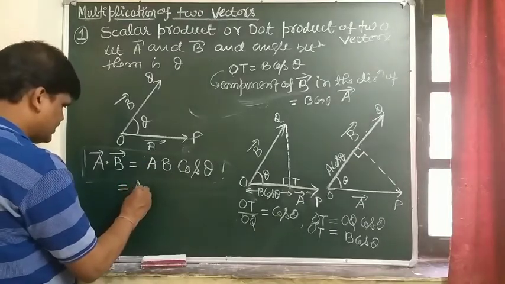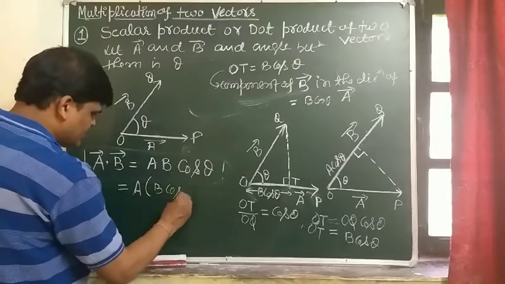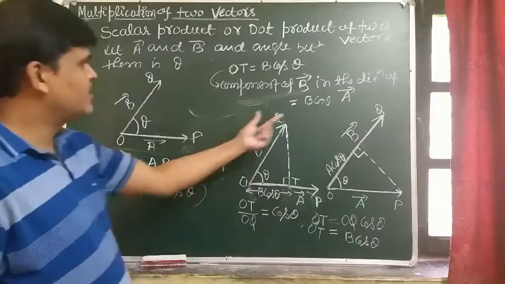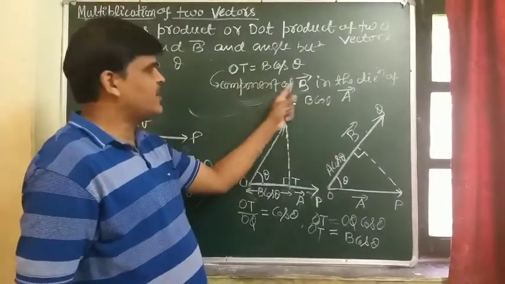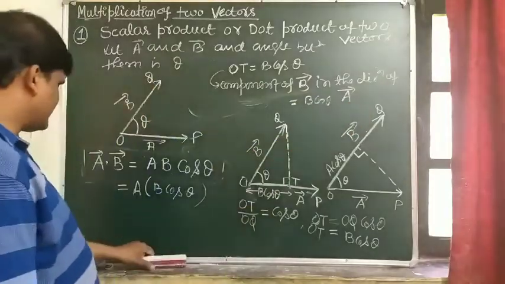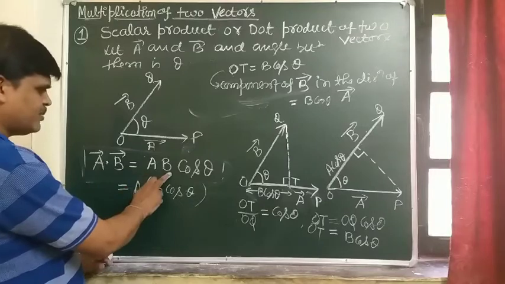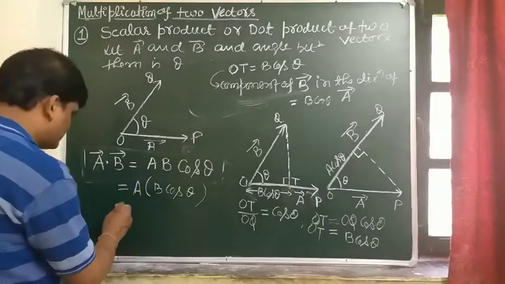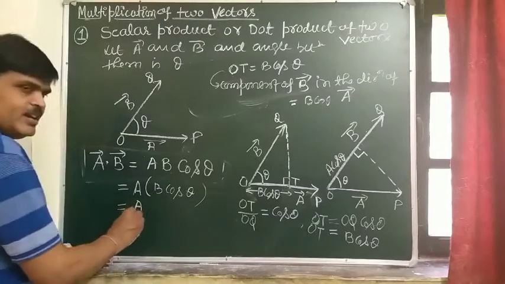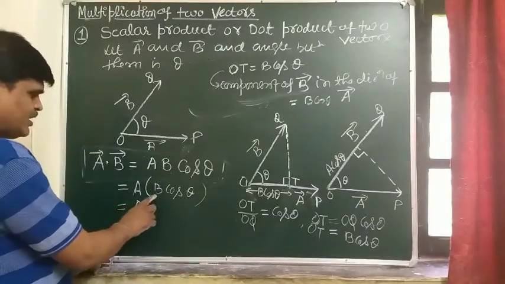B cos theta is the component of vector B in the direction of vector A. So we can write the same formula, vector A dot vector B, which is AB cos theta, as the magnitude of vector A into the magnitude of